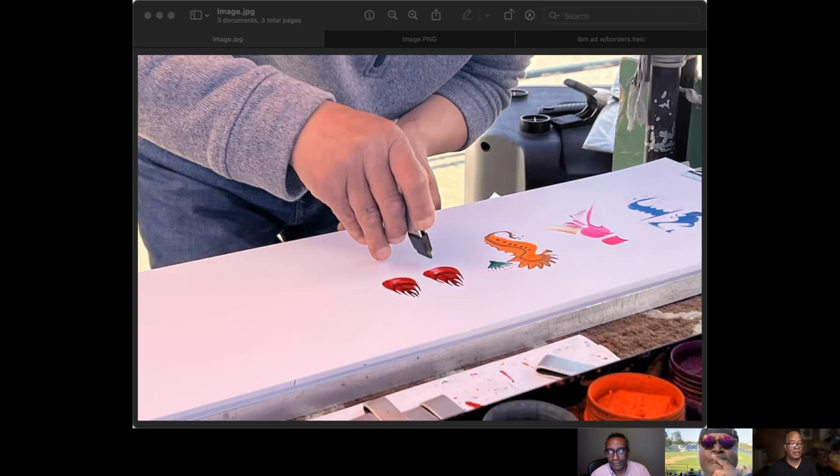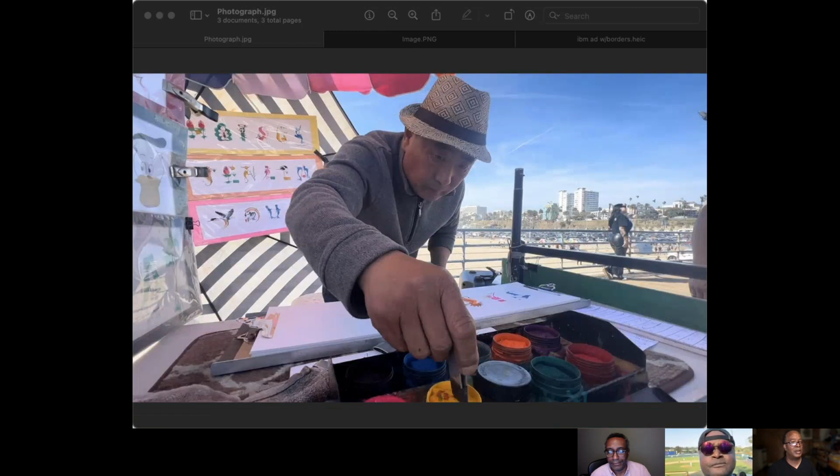Go ahead, pop the next one in there. Okay, this one is called your photograph. That one could be a photograph or a picture. Again, I'm trying to illustrate the event, the activity, and this is what I got. I like that. But go ahead, go to the next one.